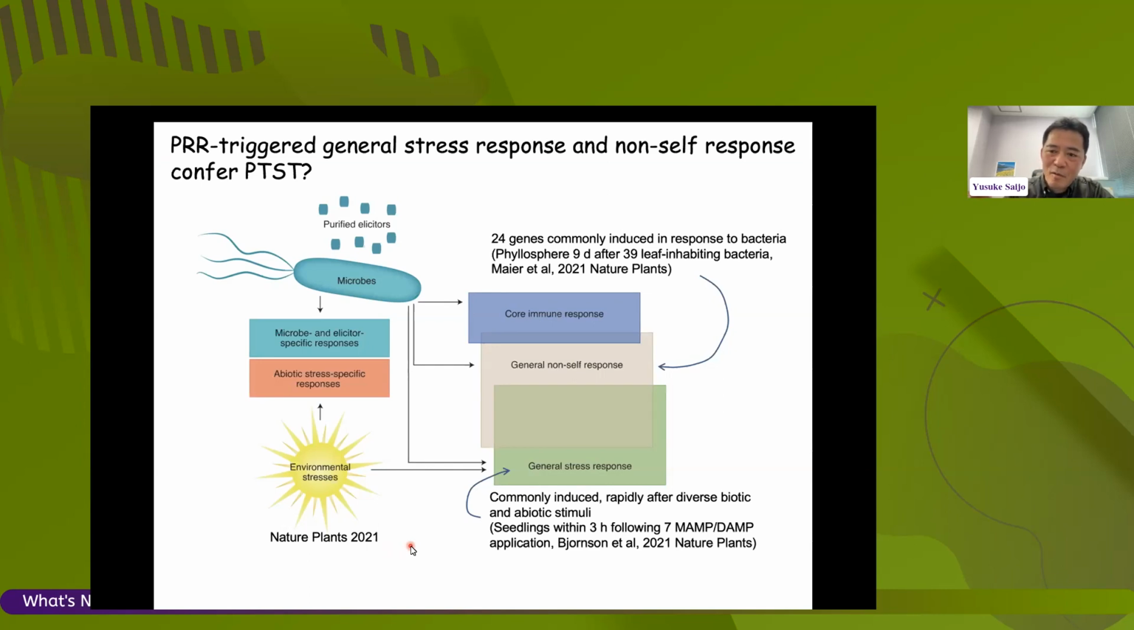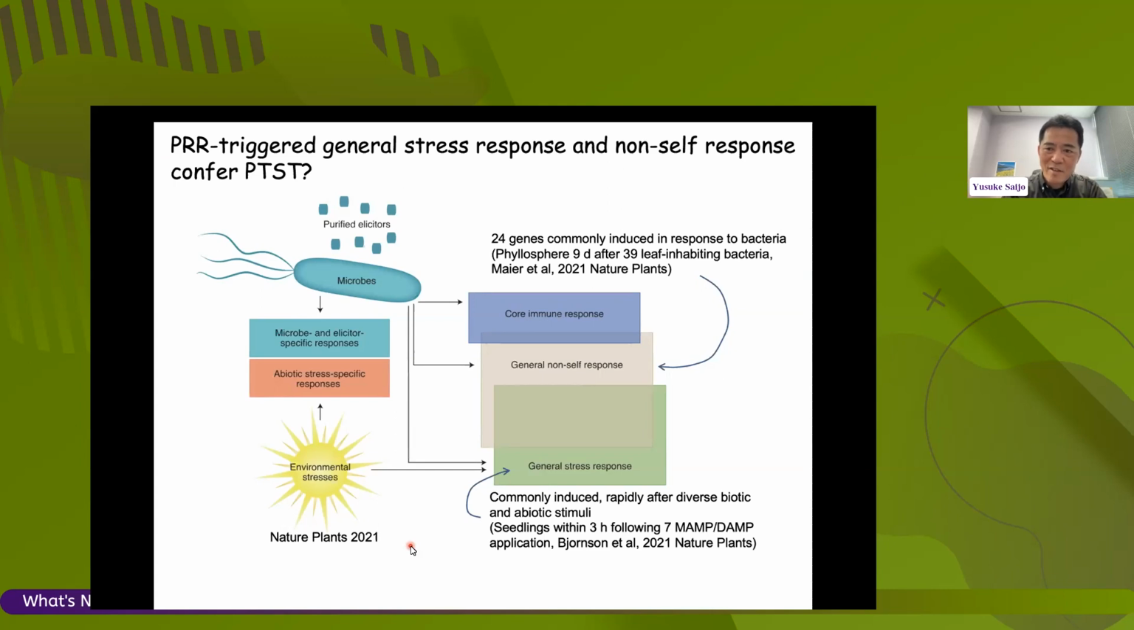But one important thing I would like to note is that, although we didn't really examine it in detail, I expect that some time may be needed for plants to enhance or establish salt tolerant states following pattern receptor elicitation. So there is a common, general stress response activated immediately after pattern receptor activation, which is called the general